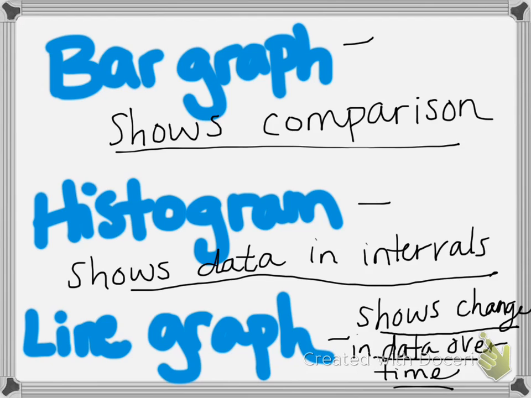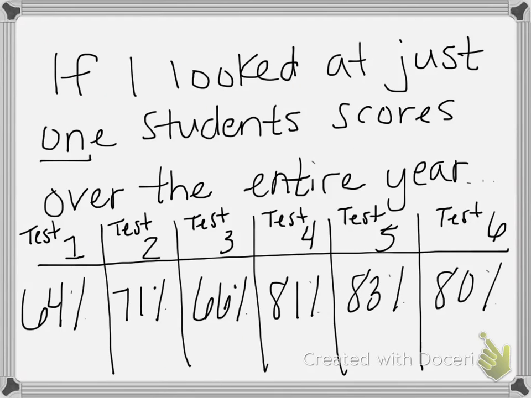That's one test. However, if I wanted to look at just one student's scores over the entire year, let's say we took 6 major tests that year. So below in my table, you'll see their scores for their major tests. So 64%, a 71%, a 66, an 81, an 83, and an 80%. So looking at that one student's progress over time throughout the year, I now should be using a line graph